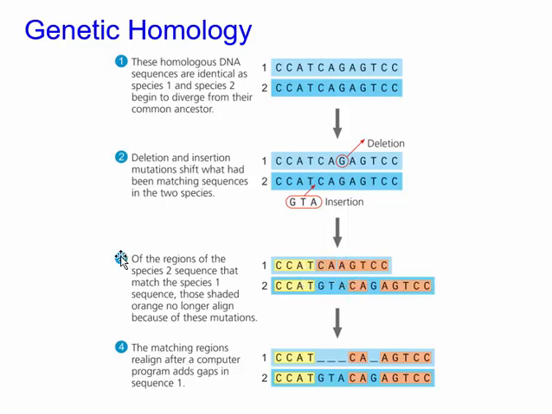This is image 3 here. But we could probably do this by eye, but a computer program would do this. The computer program will insert a gap here and here, and now we can see the rest of the sequence actually does line up. So this is really useful, using computer programs to create what are called DNA sequence alignments,